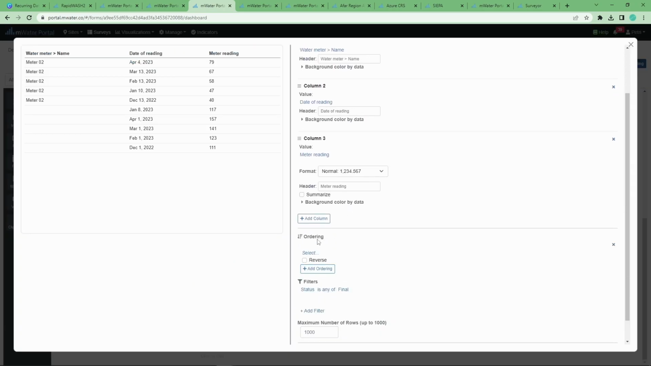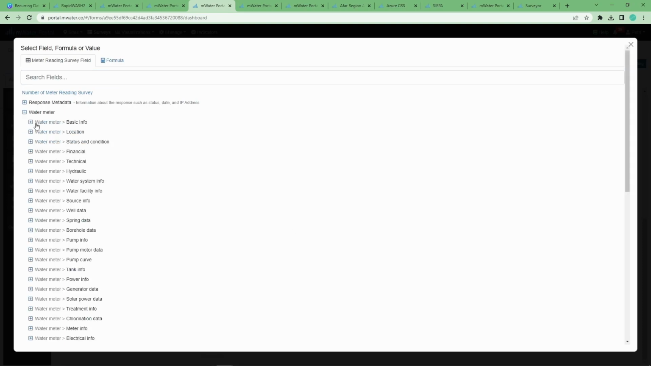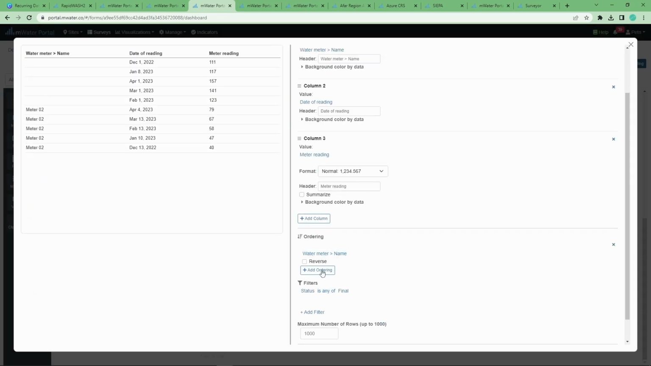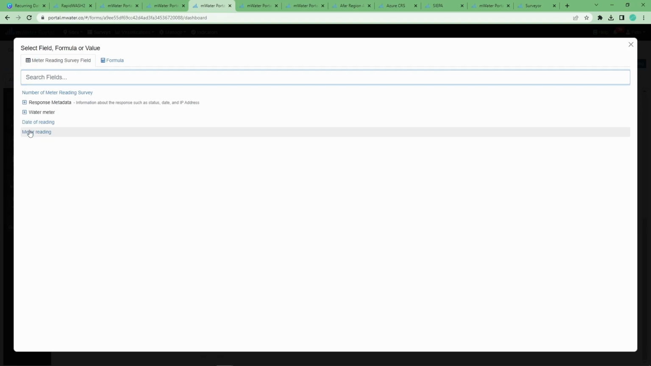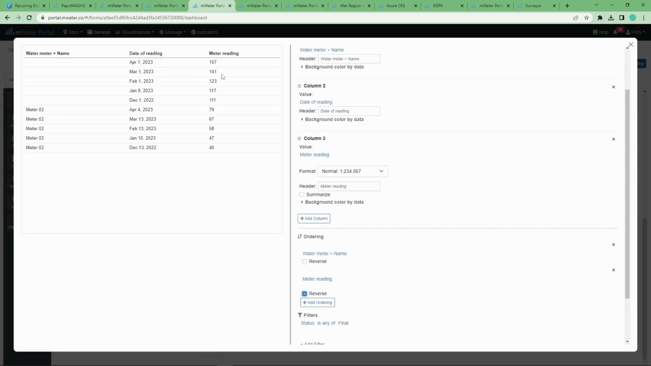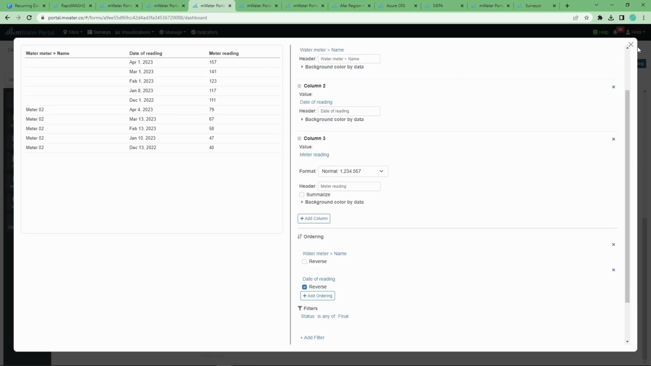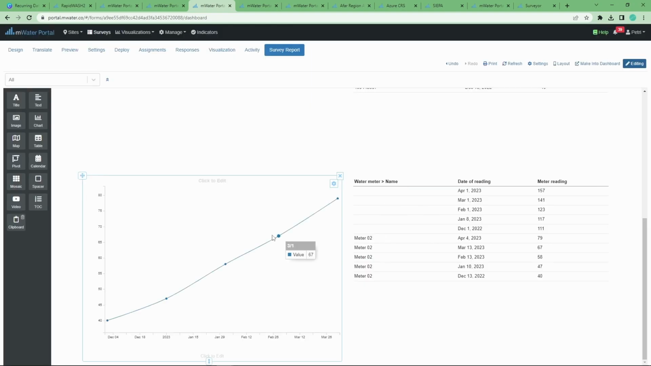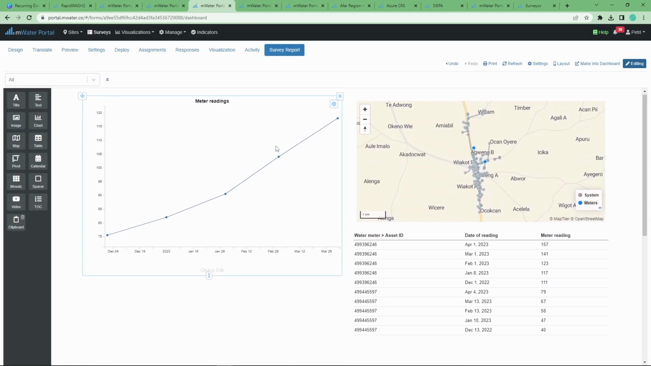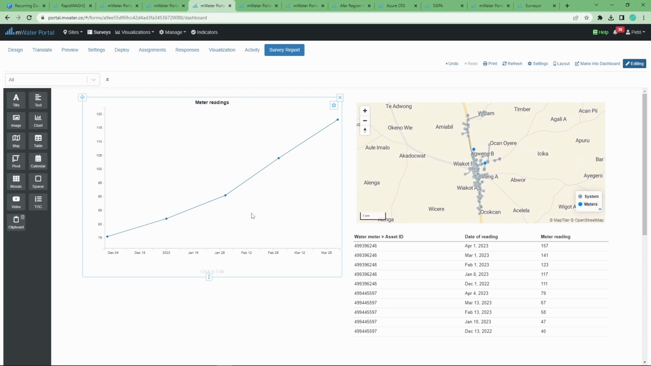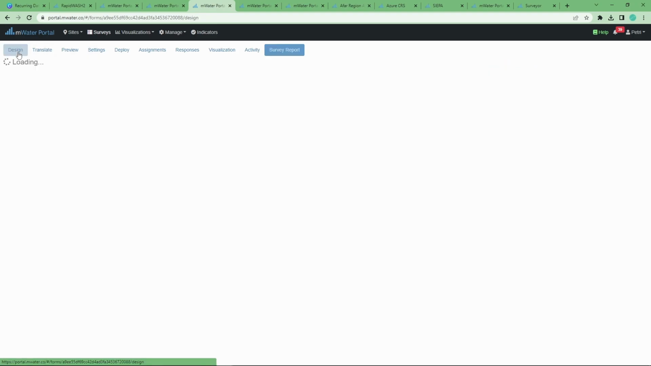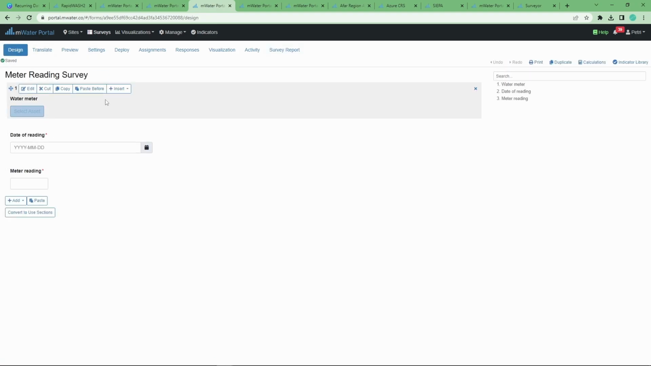Just to make it clear, you can order this data by, let's say, the water meter name and the meter reading in descending order, or by the date in descending order would probably be more relevant here. So the latest reading will show first, and it'll show one system at a time or one meter at a time. So those are basically the steps to allow you to capture data that's linked to a site or an asset